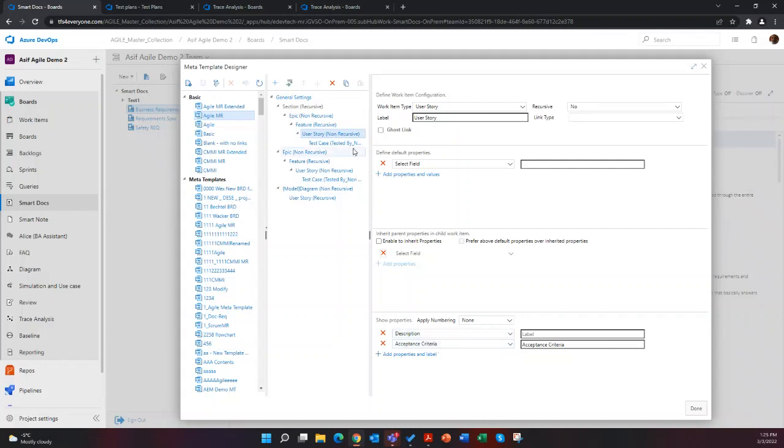And then I can have test cases, but the test case should use the tested by link type, not the parent-child or the related link types we defined earlier. So this is very specifically identifying the link types to be used. Now you can imagine you can just focus on creating information and reusing it, and not have to worry about what types of links to create or what information should go at which place within the document.